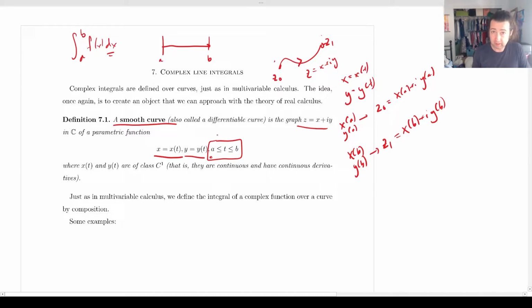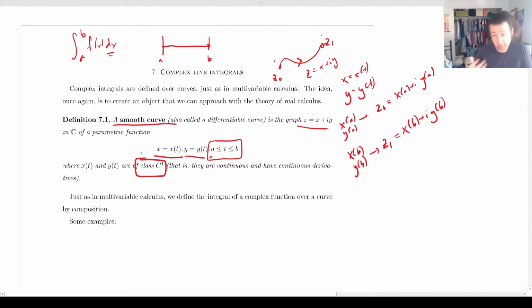And so we add the additional condition that these functions are continuous and have continuous derivatives. And that's what we mean by class C1. So essentially, a smooth curve is a curve with no corners in it, is one way of thinking about it. Continuous functions can be really nasty. Functions with continuous derivatives can't be. Okay,